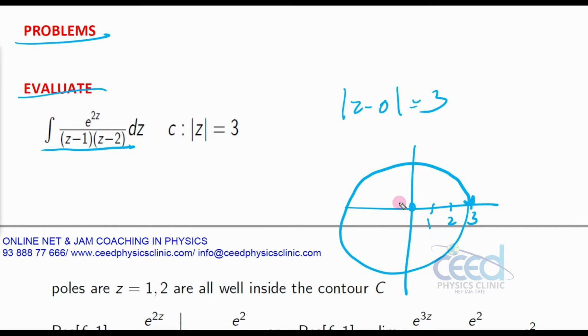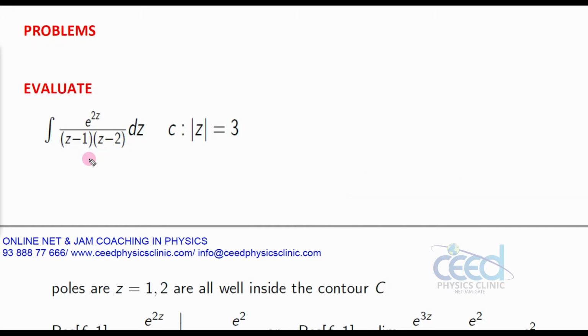So we have the poles at 1 and 2. So we have to calculate the residue at 1 and 2 before calculating the integral. What is the residue at 1 and 2? To calculate the residue, you may use the formula for the residue of f of z at 1, that is equal to